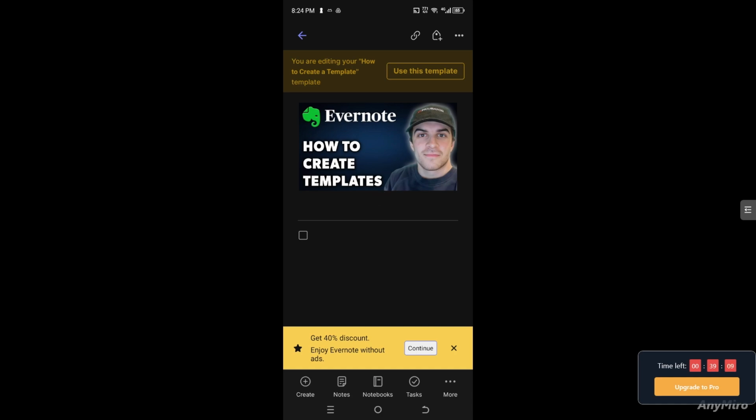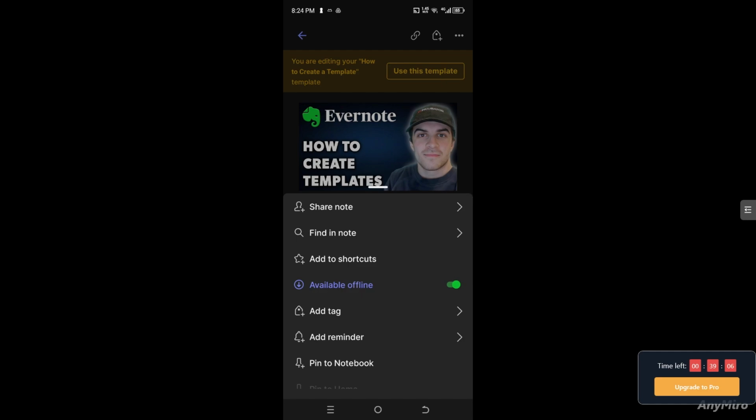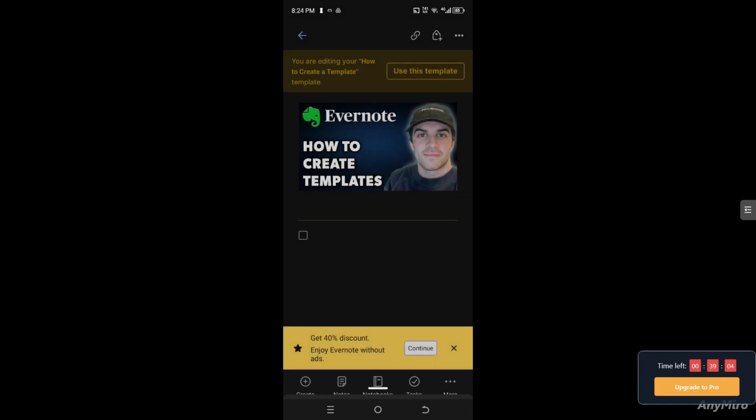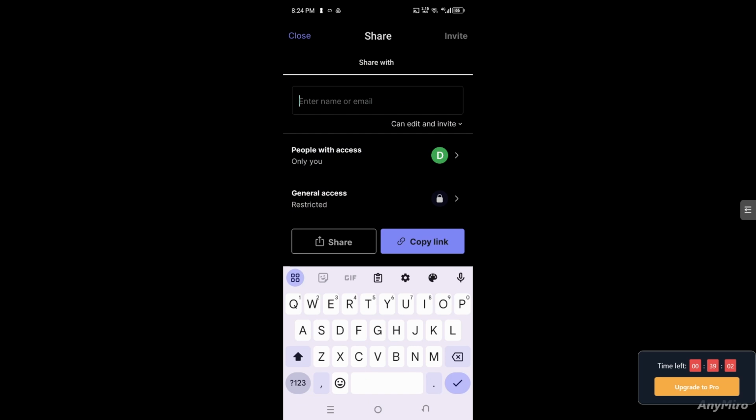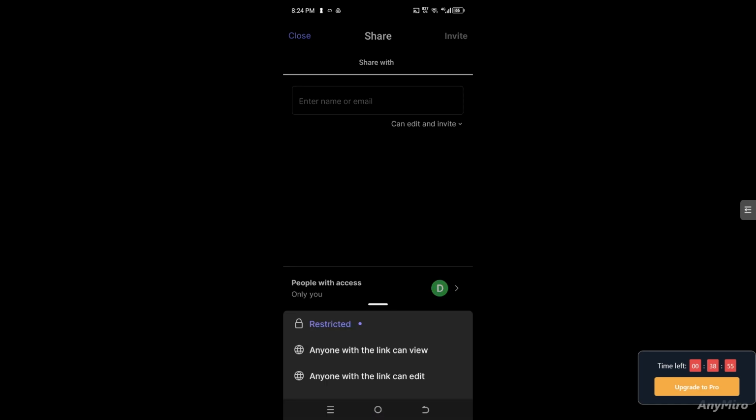And of course, from there, if you are in a collaborative environment, if you're working with multiple freelancers or within a client, you might want to put their name and email. You want to make sure that you give them an access, such as anyone with a link can view, anyone with a link can edit. All right, and